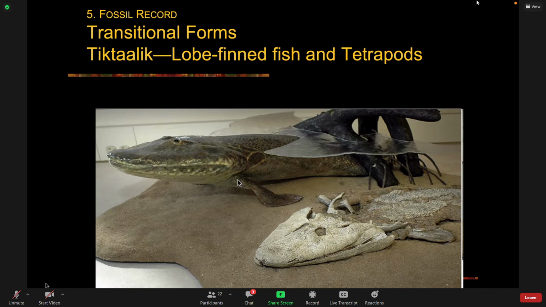Lobe-fin fishes have the same bone structure in the forelimbs and in the hind limbs, the fins, as modern tetrapods. Okay, they have one single bone up here, corresponds to a humerus,